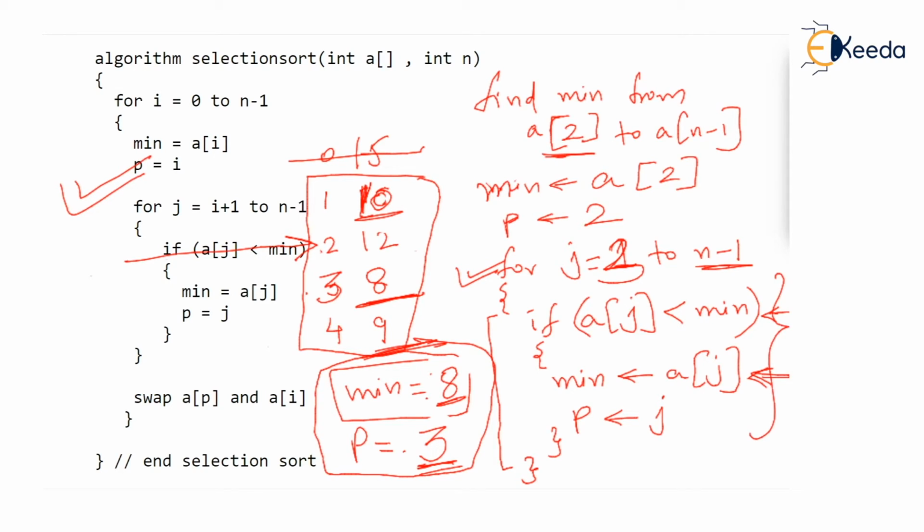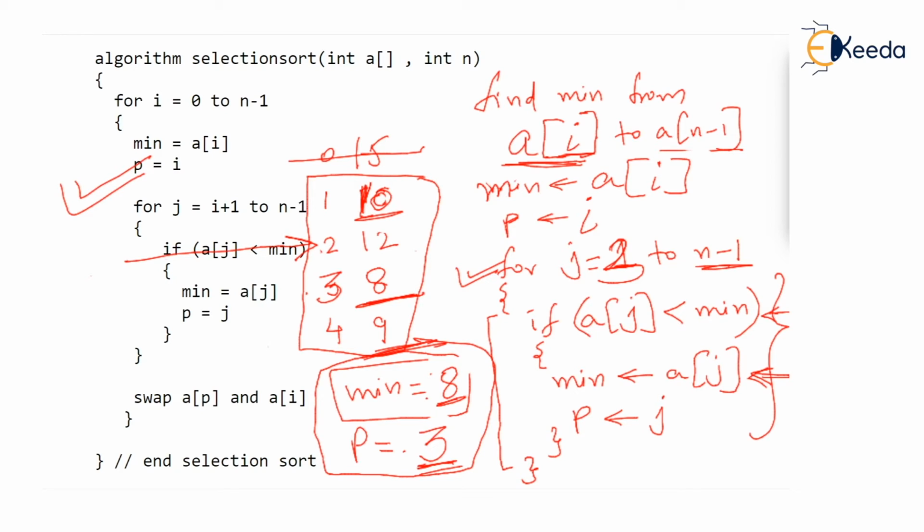So here comes the trick. What if I generalize this problem and I ask you to find out minimum from AI? Are you understanding? I is some place from where we want to find out the minimum. Find out minimum from AI to A n minus 1 is the problem. So obviously you will say minimum should be AI, the topmost element. Do you get my point? And what should be the position of the minimum? At the moment, minimum is at ith place because minimum is AI.